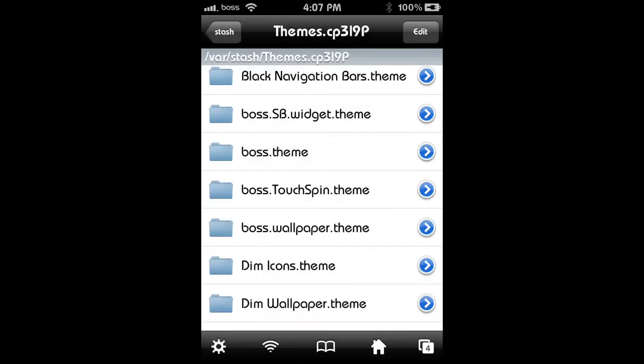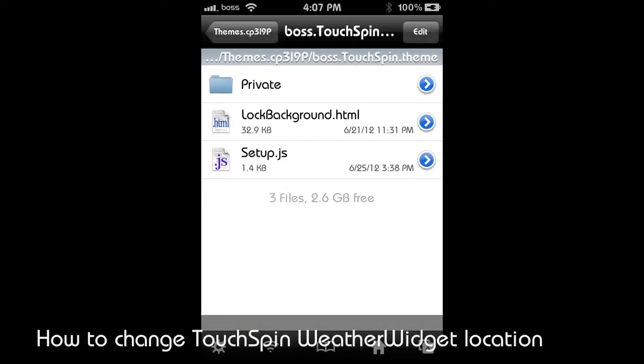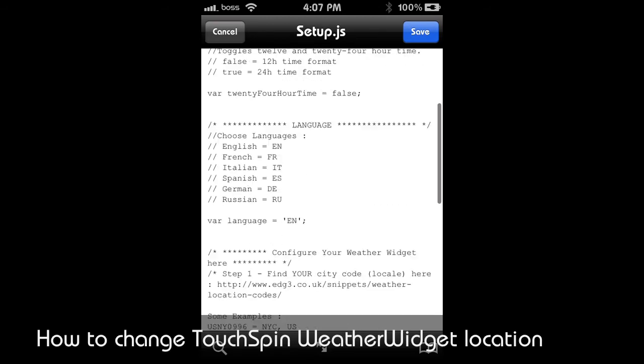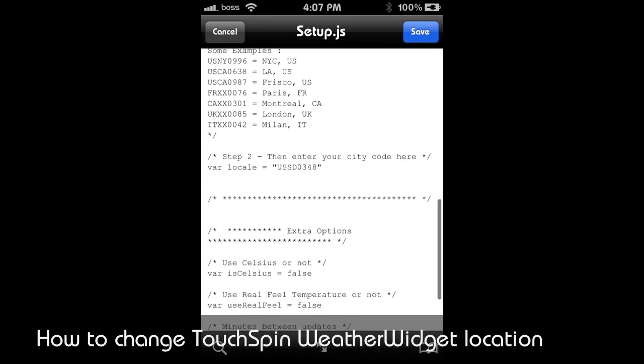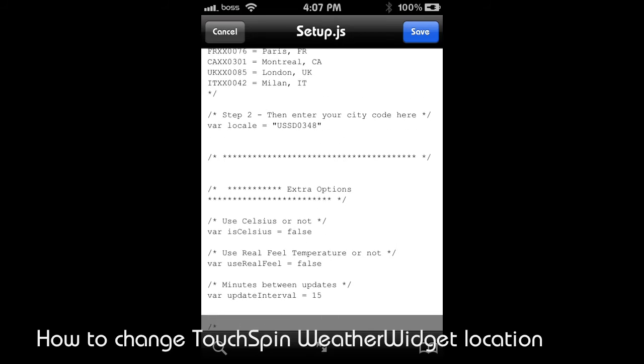Into themes, and you'll click on the Boss.TouchSpin.theme. Click setup.js, text viewer, same thing, edit, go down, change your city code, which still should be on your clipboard, and paste that in there, and also change it to false if you want it for Fahrenheit instead of Celsius, which will already be on there. Click save and done,